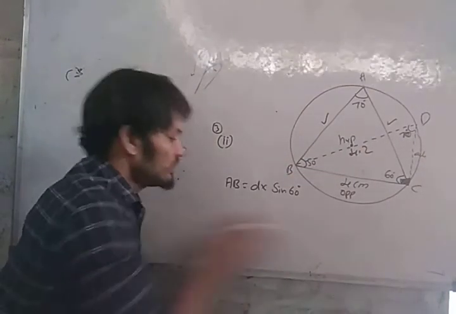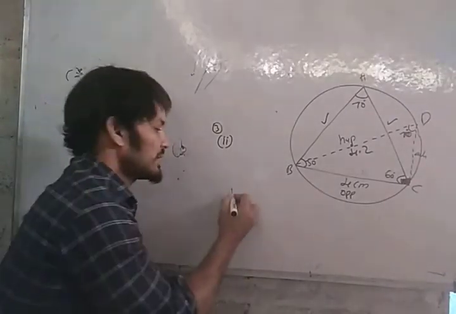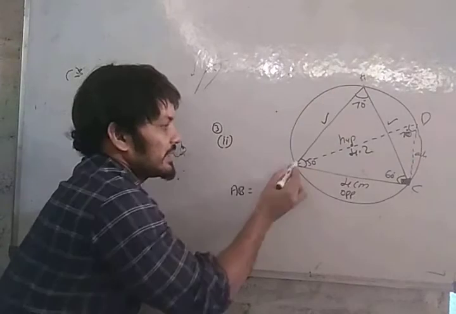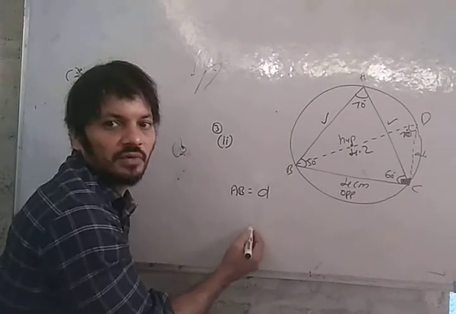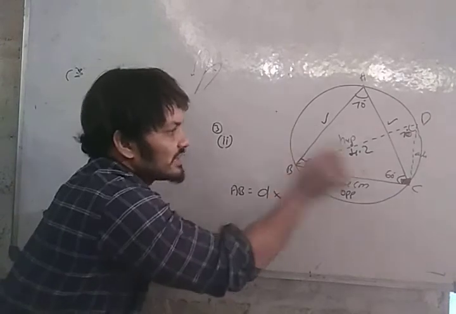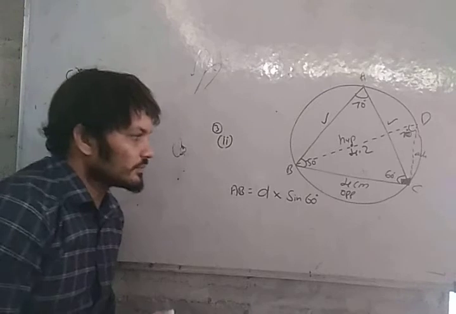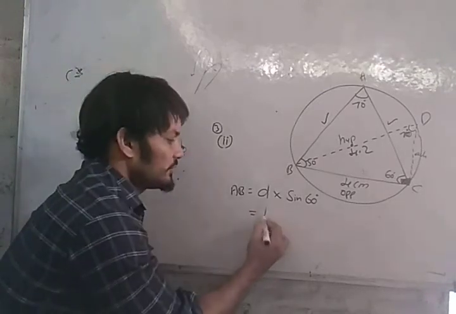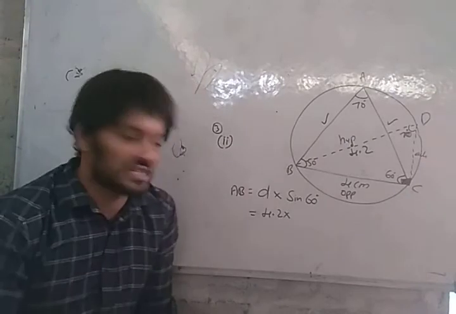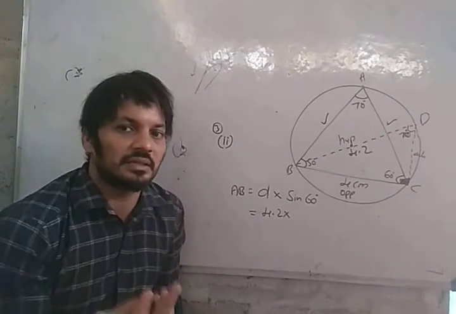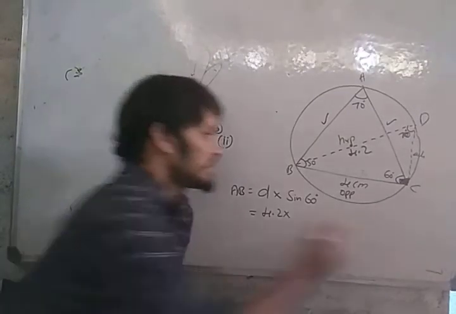So now, first finding this one, AB. How finding AB? Side AB is equal to diameter, which you already found, into this side's opposite angle, 60. Sine 60. Here the diameter is how much? 4.2. You know sine 60 will not be given in the question paper. 60 degree, 30 degree, 45 degree, you have to keep in the margins. It's a ratio. The 60 degree ratio I already told.